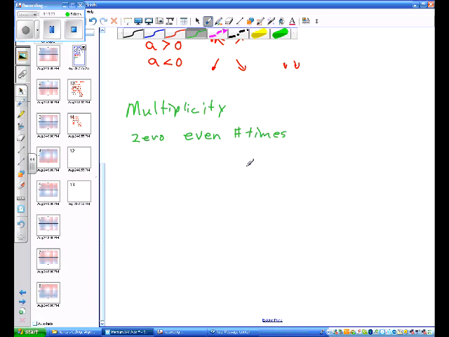then what's going to happen is our graph, I like to use the term bounce. Our graph will bounce when it hits the x-axis. You might also say it touches and turns. But when it hits the x-axis, what it's going to do is go right back down, like it ricochets off of the x-axis. So it bounces off of it, or it touches it and turns when you have a 0 an even number of times. If you have a 0 an odd number of times,